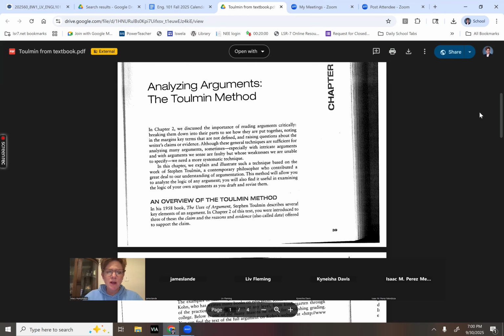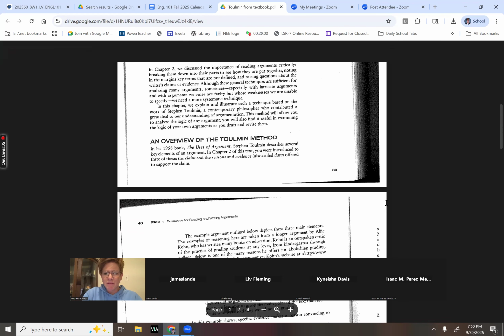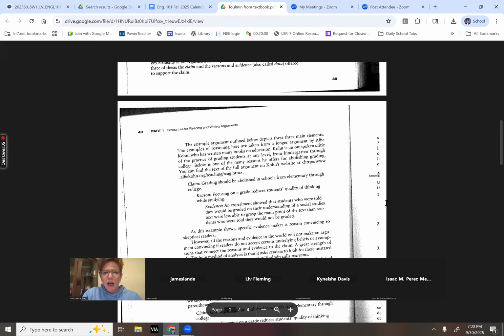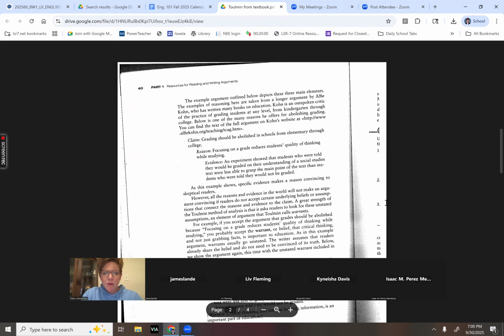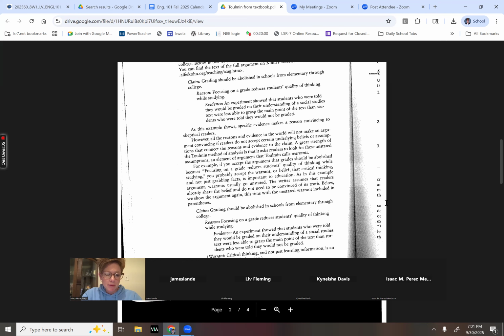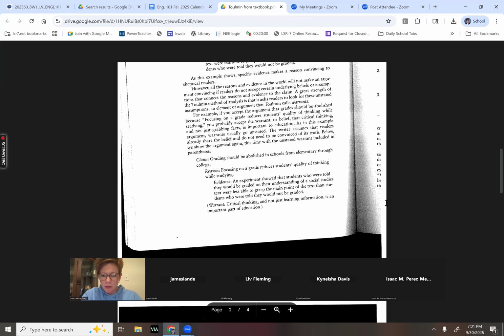And so it starts off with just a little background about Stephen Toulmin, claim, reasons, and evidence. Evidence is also called data. So we're talking about numbers there, but it doesn't always have to be. Then we go into your basic claim with reasoning and then evidence to support that particular reasoning. And they give you several examples. I love that. I think those are super beneficial.